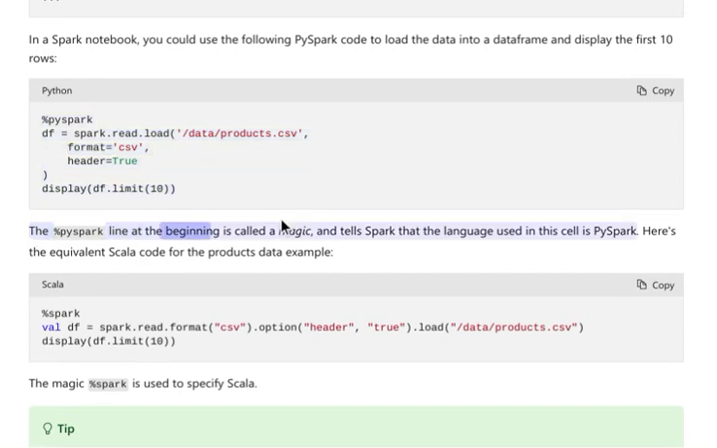The %pyspark line at the beginning is called a magic, and tells Spark that the language used in this cell is PySpark. Here's the equivalent Scala code for the products data example. %spark val df = spark.read.format("csv").option("header", "true")